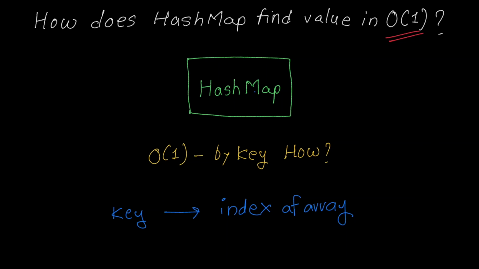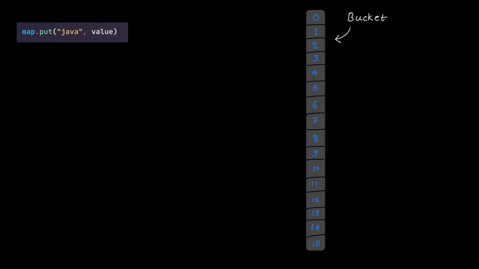Now, let's look at an example and see what happens inside the HashMap. HashMap internally initializes an empty array of size 16 when it is created. Each element of this array is called a bucket. The size of this array starts at 16 and later on it gets resized. We will discuss that in another video, but for now let's focus on what happens when we call map.put